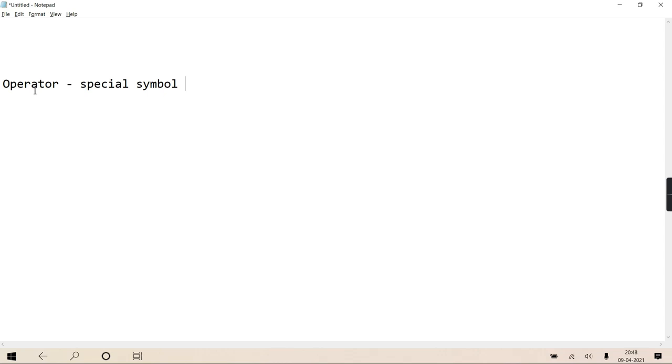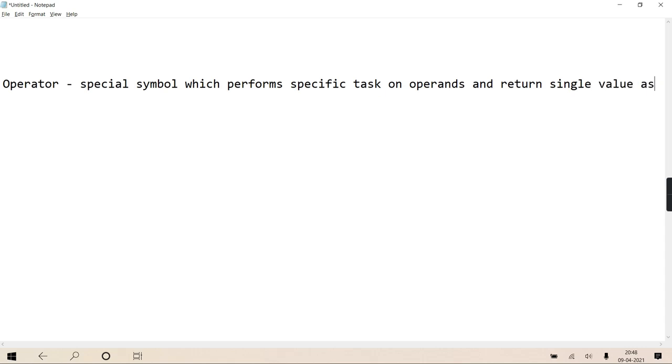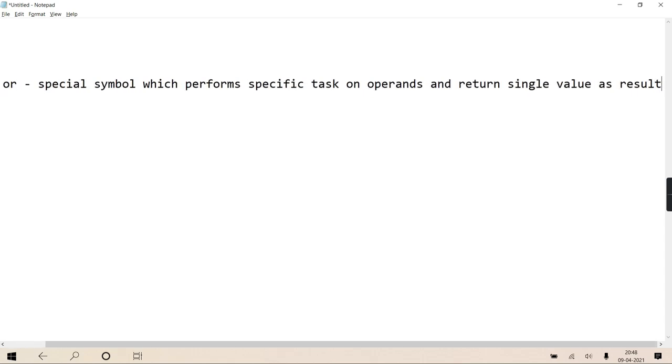So what is an operator? It's a special symbol which performs a specific task on operands and returns a single value as result. Single value only. There are no operators which return more than one value, or which don't return any value.